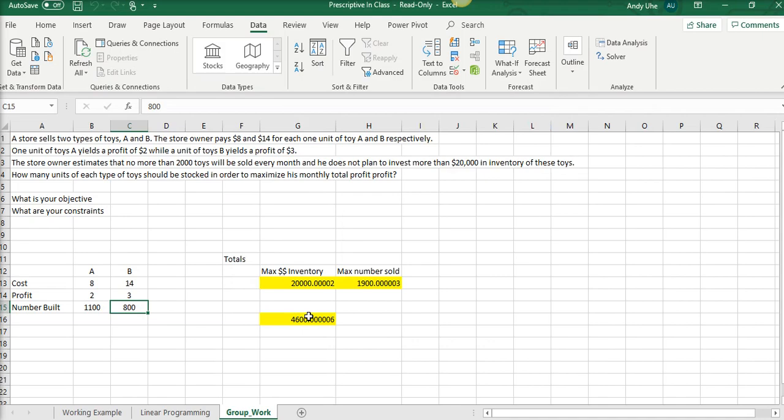And there we go. It gives us, I don't know why there's a rounding thing there, there should not be, but anyway, we've got 800 of B and 1100 of A. Let's say you don't want